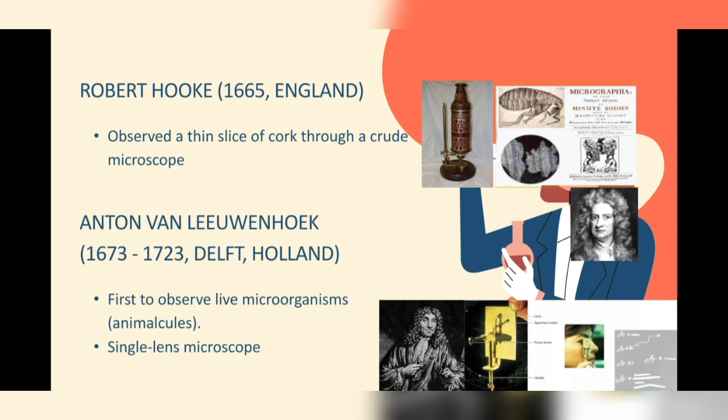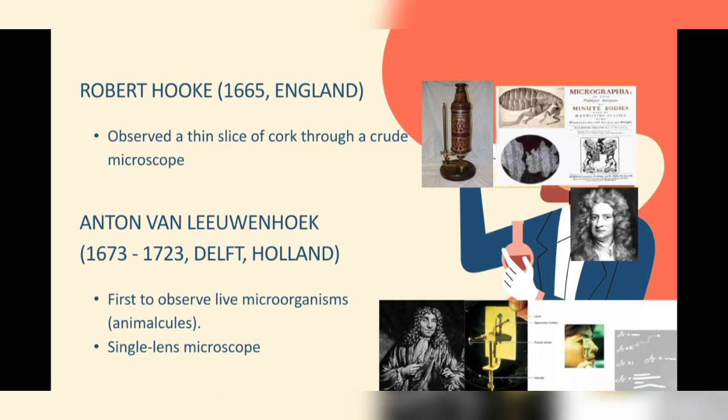So the first time the word cell was used to refer to these tiny units of life was in 1665 by a British scientist named Robert Hooke. Hooke was one of the earliest scientists to study living things under a microscope. The microscopes of his day were not very strong, but Hooke was still able to make an important discovery. When he looked at a thin slice of cork under his microscope, he was surprised to see what looked like